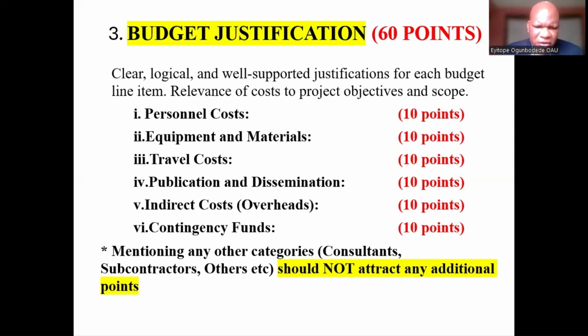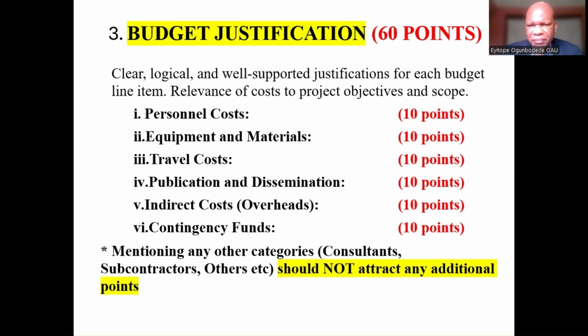If they have mentioned any other points outside these categories that we have mentioned, it will not attract any additional points. But you look for these 6 core areas, and if they have justified their budget in those areas, then they score the maximum of